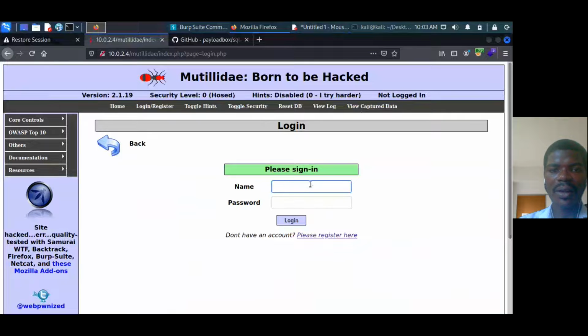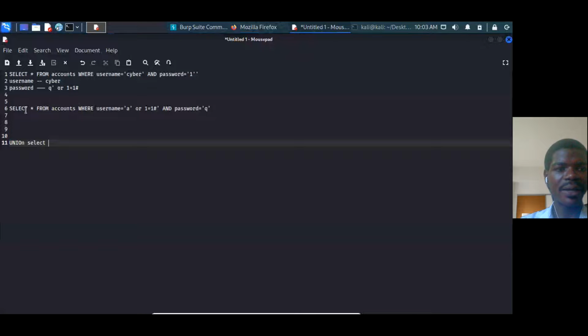Let me first of all write the command here so that it can be clear. Let me copy this and put it under this. So I will say union, Control V, union,